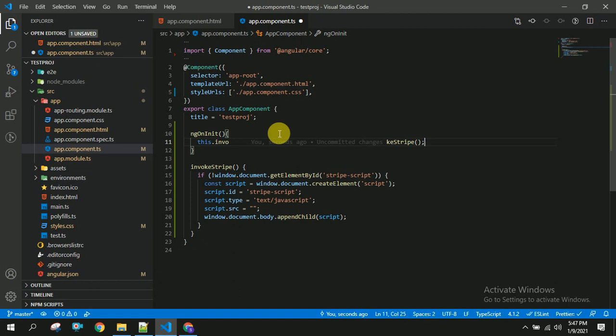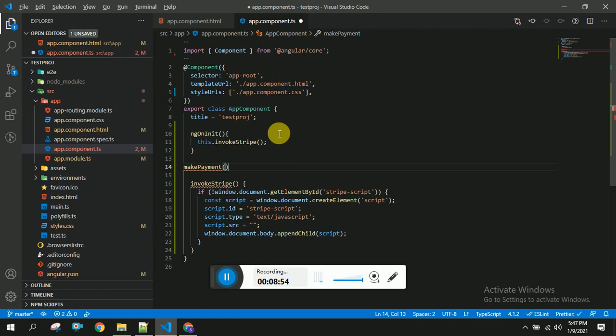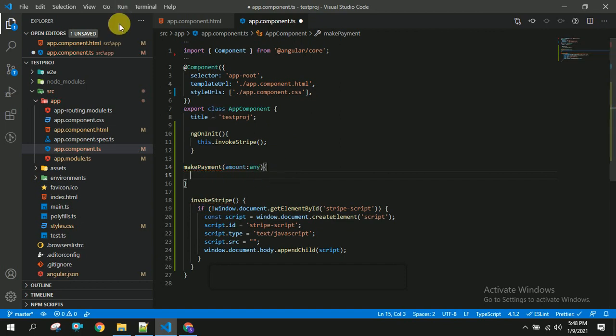After this I am going to create a method called make payment. So this make payment method will be called whenever user clicks on the button. Now I am going to write the code in this make payment. This make payment will take one argument. Now we have to create a variable here, const payment handler.